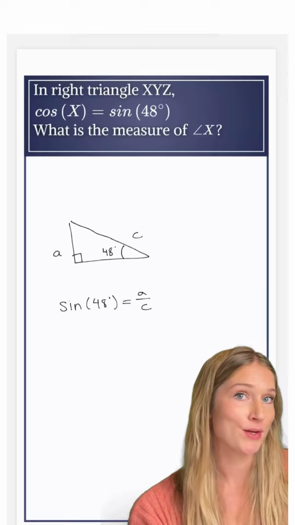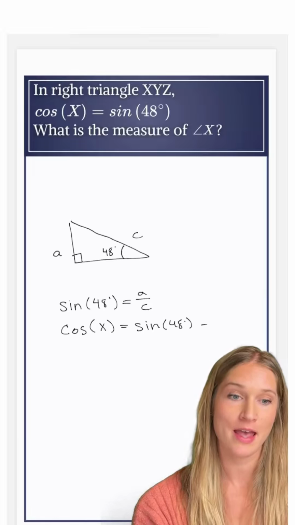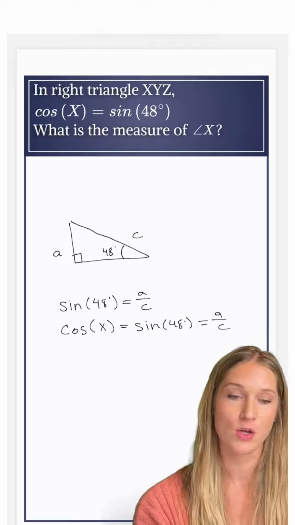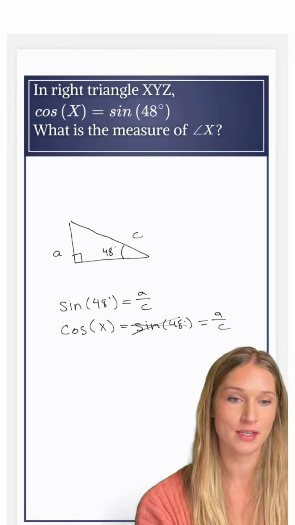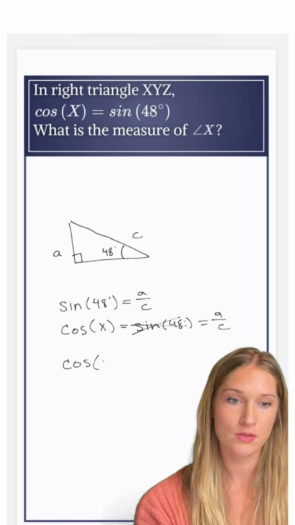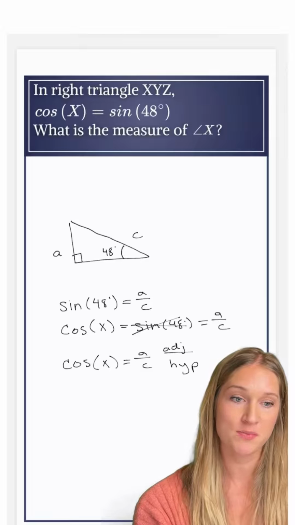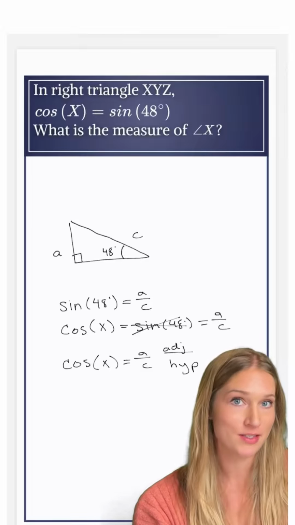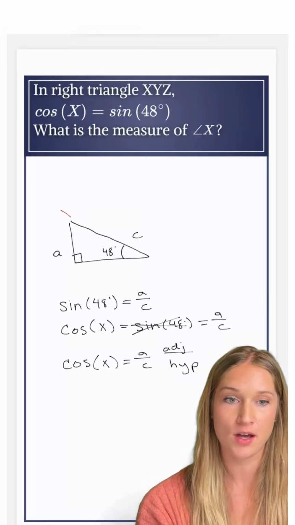Well, we also know that cosine of angle X, whatever that angle is, is also going to equal sine of 48 degrees, which is A over C. So I can go ahead and say that cosine of X has to equal A over C. Well, we know that cosine is the adjacent side over my hypotenuse, which means that A has to be the side adjacent to my angle X and C has to be the hypotenuse, which would make this top angle here